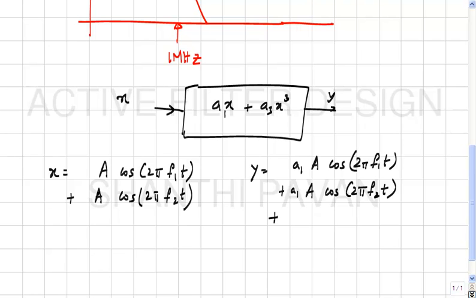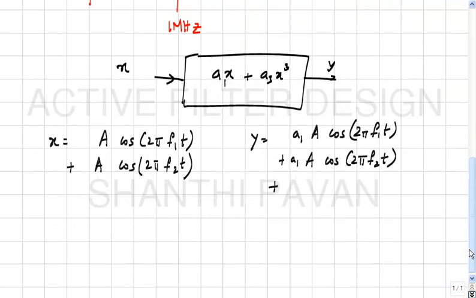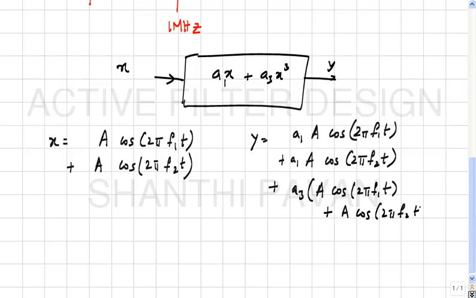Come on, people. A3 times A cos 2 pi f1 t plus A cos 2 pi f2 t the whole cube,